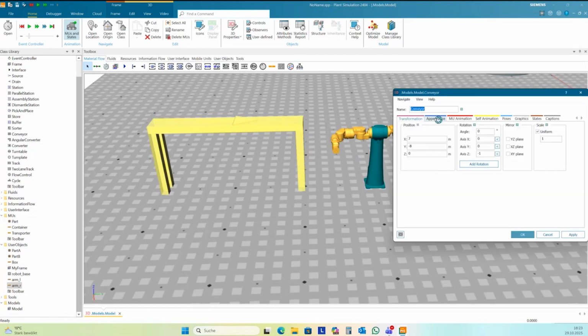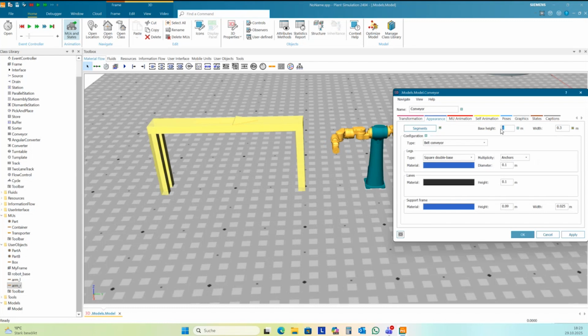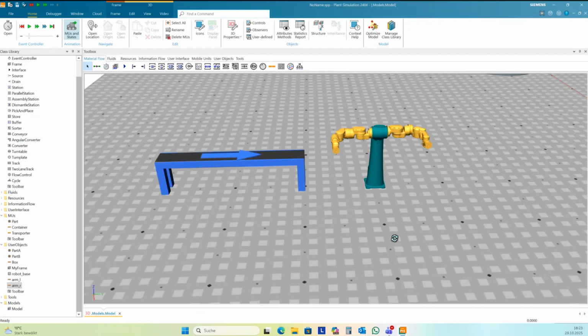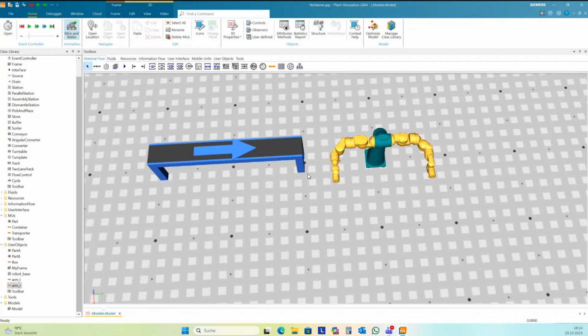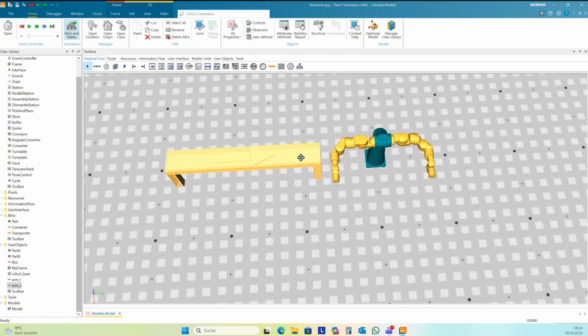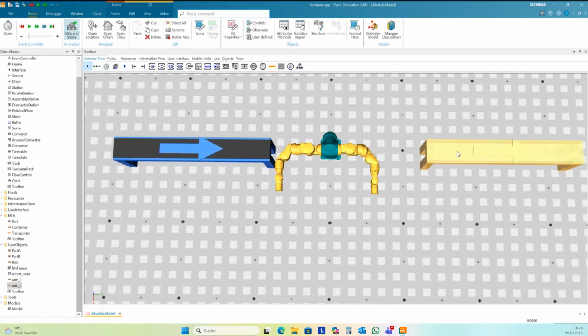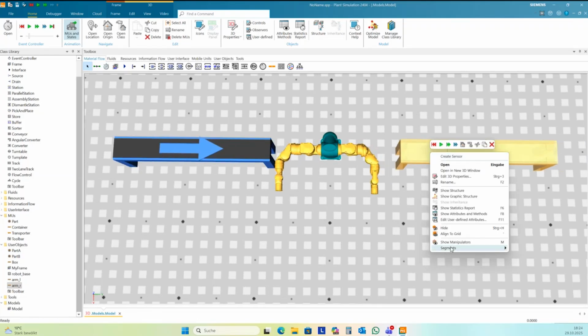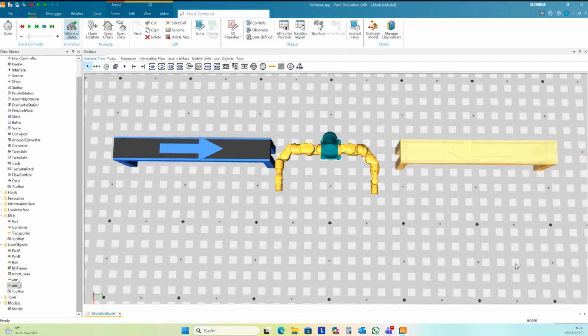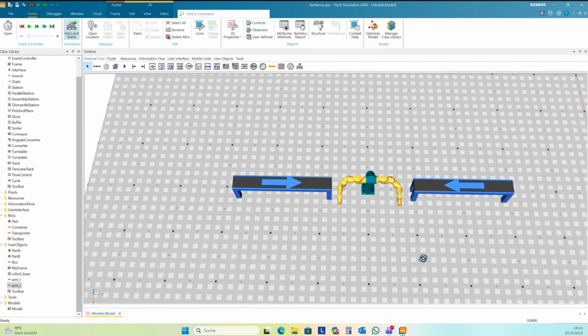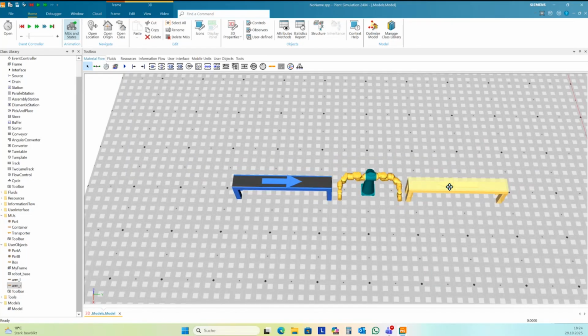This we need to change in 3D properties here in appearance, 0.5. It's the base height of this robot. So a second one, opposite direction. And this is for parts.